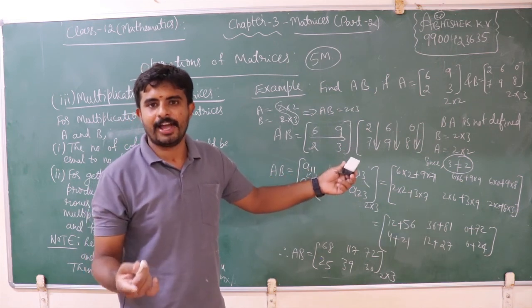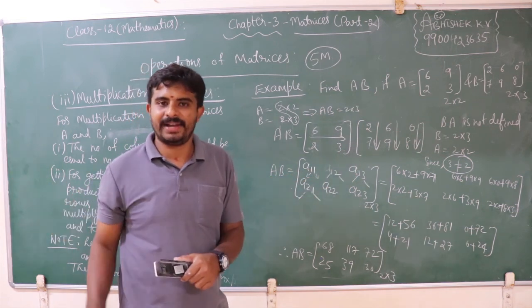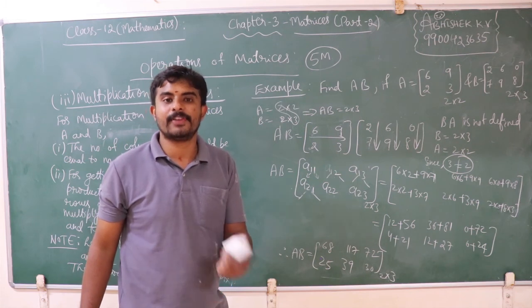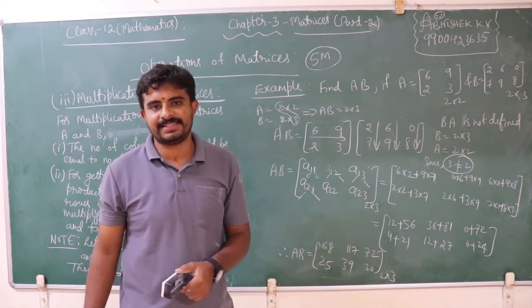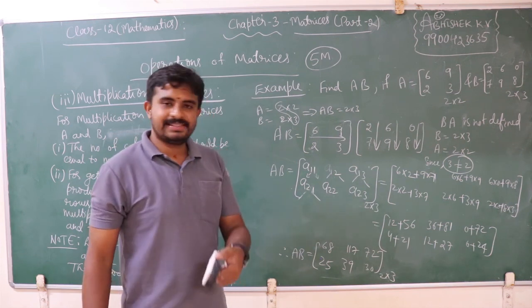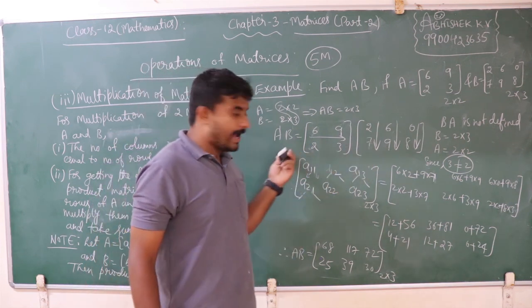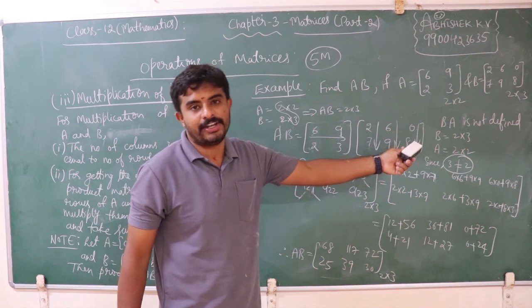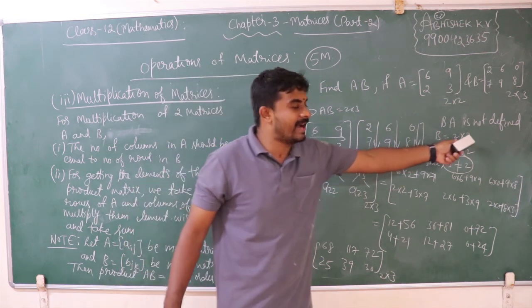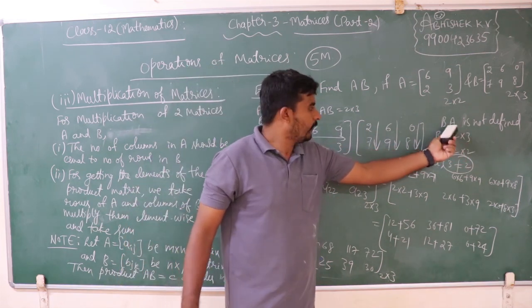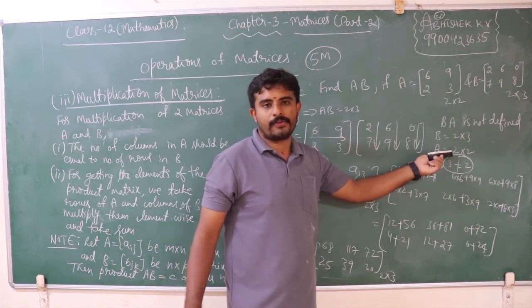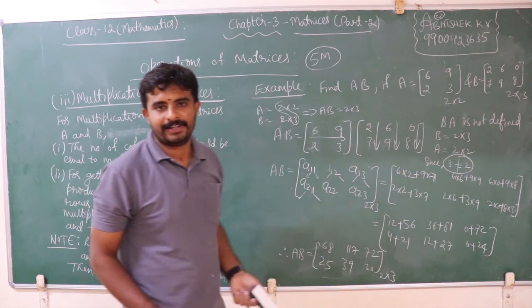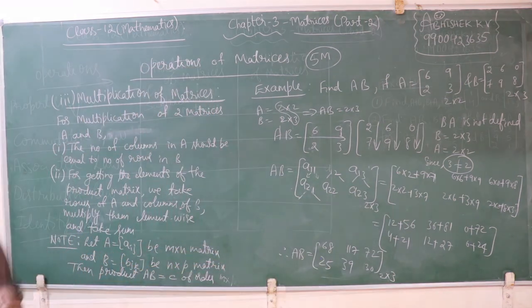We already studied the commutative property in binary operations. What is the commutative property for multiplication? AB should be equal to BA. For addition, A plus B is equal to B plus A. Let us discuss it later. So here AB is defined but BA is not defined. If you consider BA, B is the first matrix, and its number of columns is not equal to the number of rows of A, therefore BA is not defined. I hope you are all getting this.